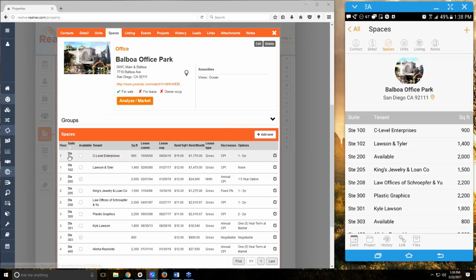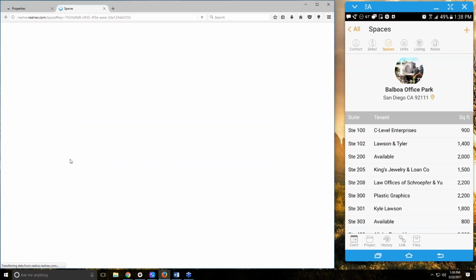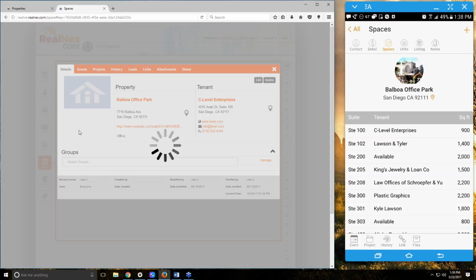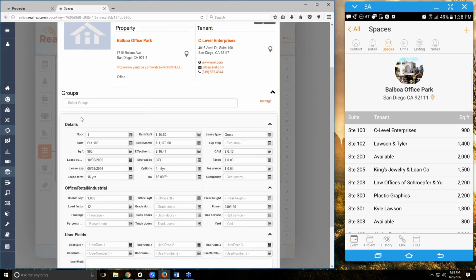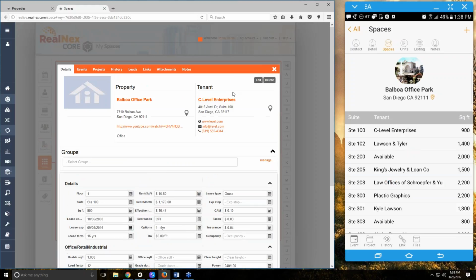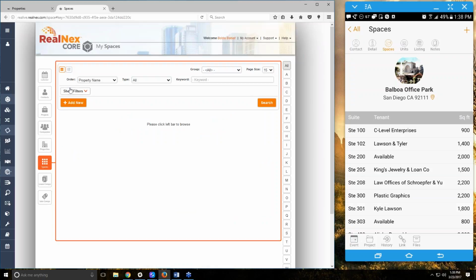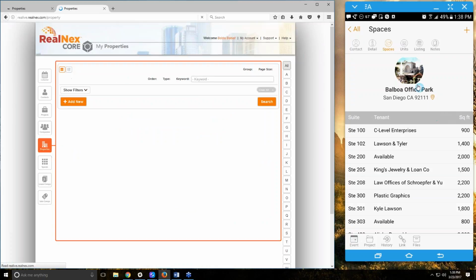So if we now click on one of these, let's say Suite 100, it'll open up a new page with the actual space details for that individual space. So each of these spaces on the right side are actually records in their own right with all of the lease information, linked tenant information, and so on. So if we go back to the property,